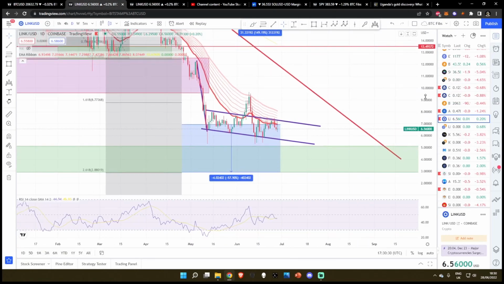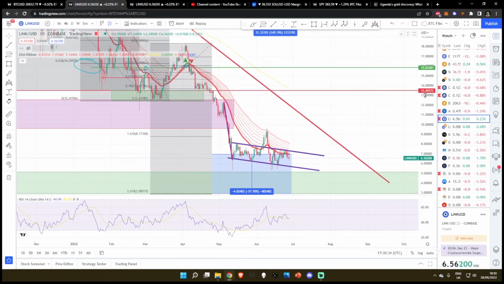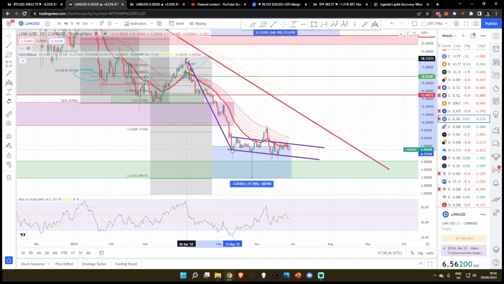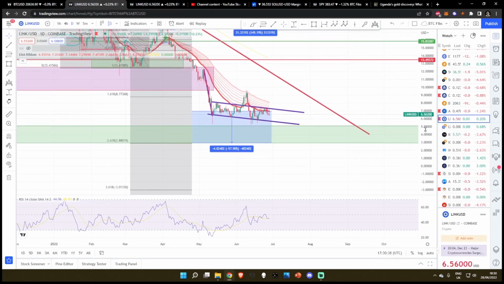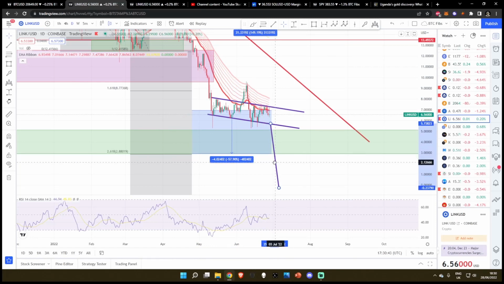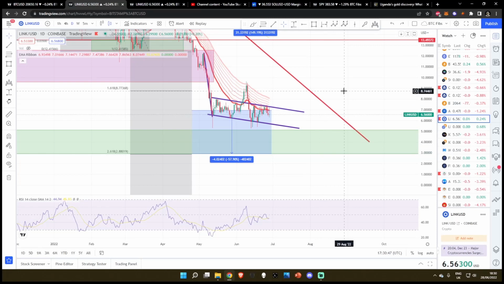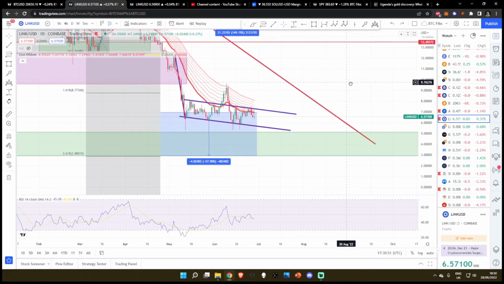So right off the bat, the first thing that I would talk about would be this massive bear flag breakdown. And you can draw this a few different ways. You can even draw the pole up to here. The only reason why it doesn't matter is because if we do extrapolate the price target of this, no matter which one you're drawing it from, it is going to be in the minuses. So obviously Chainlink is not going to go into the minuses, so we will exclude that pattern and move on